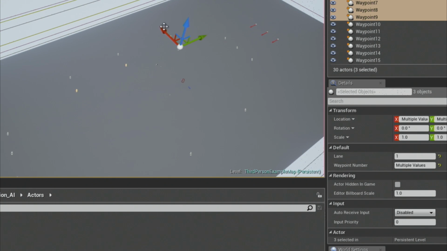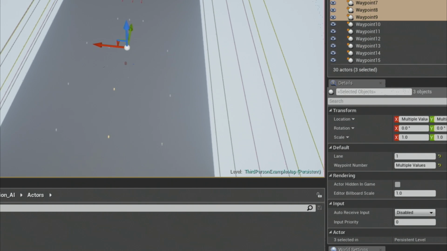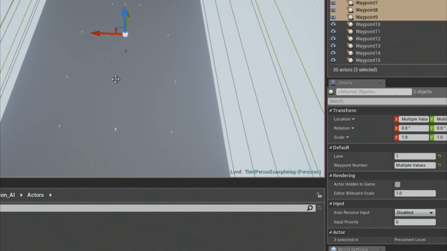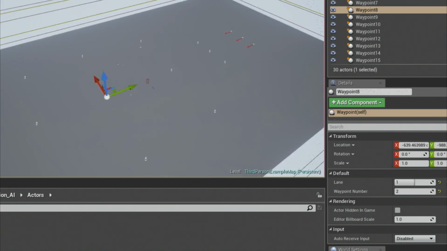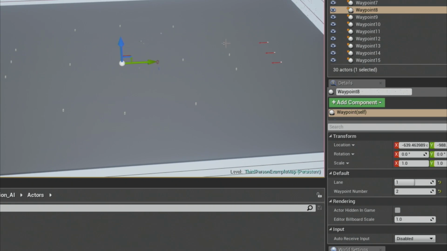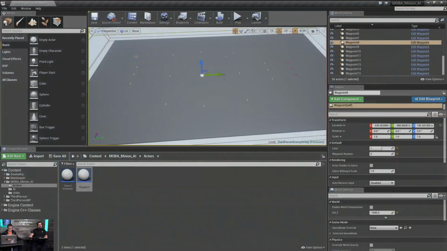We're not going to worry about that for the time being. We'll do math on that later. So go ahead and line these up, and I'll correct the center one a little bit. So we end up with our lanes. So we have waypoints 0, 1, 2, 3, 4, and lanes 0, 1, and 2.